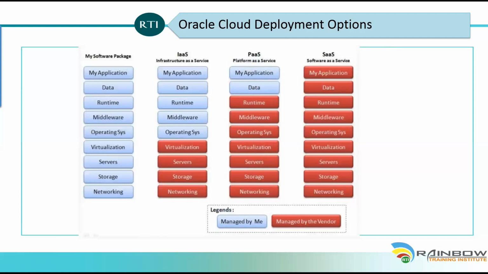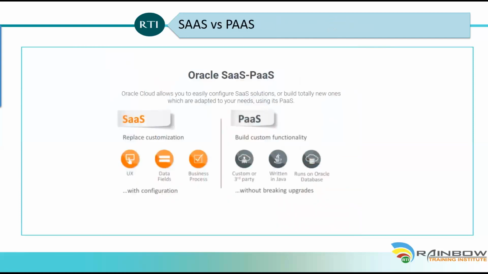Not just some, full customizations can be done in the PaaS model. But the problem here is you should make sure you do not break during the upgrades. Without breaking the upgrades, you can write your own program in Java to customize the application. You can run on an Oracle database. You can also have your custom applications on the PaaS model, customer or third party. So you can build your custom functionality in the PaaS model, but in the SaaS model, everything should go with the configurations,